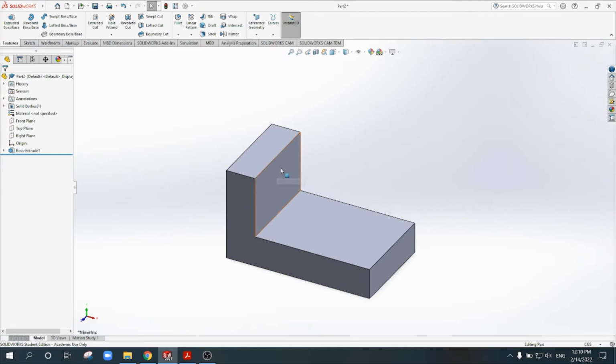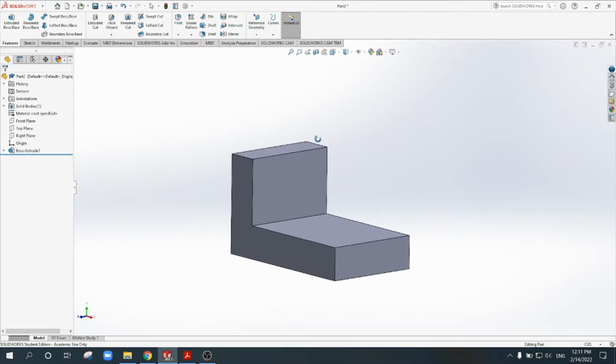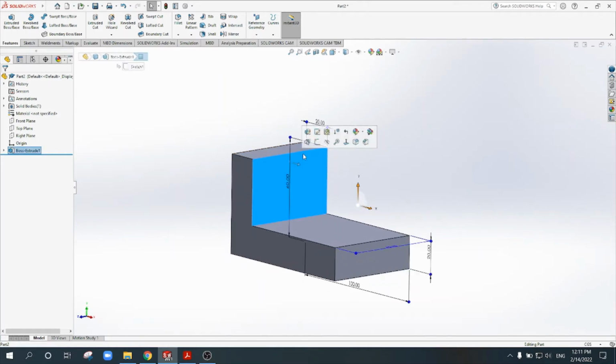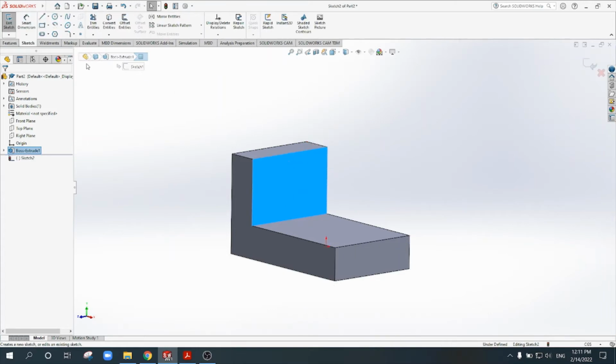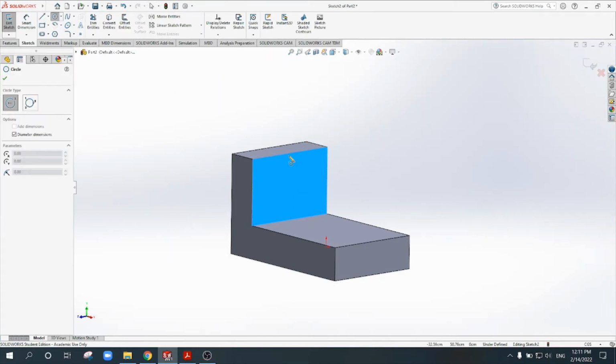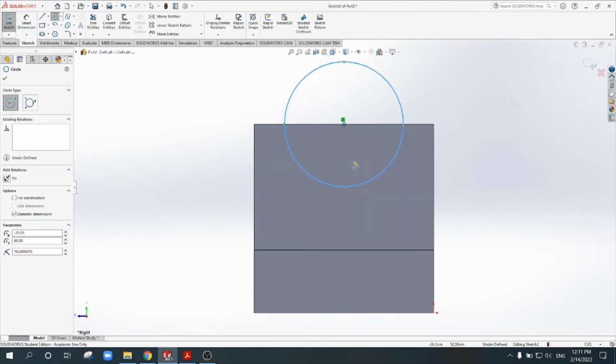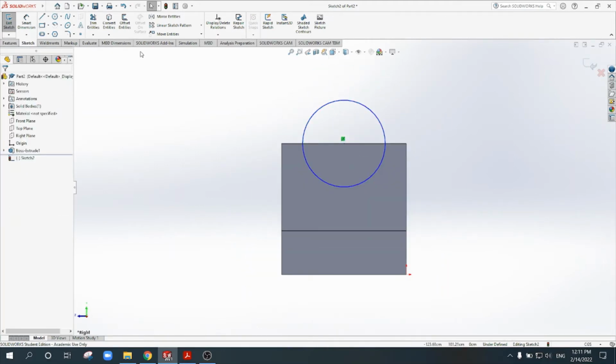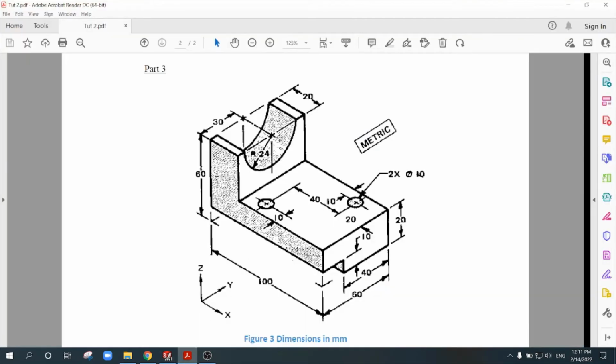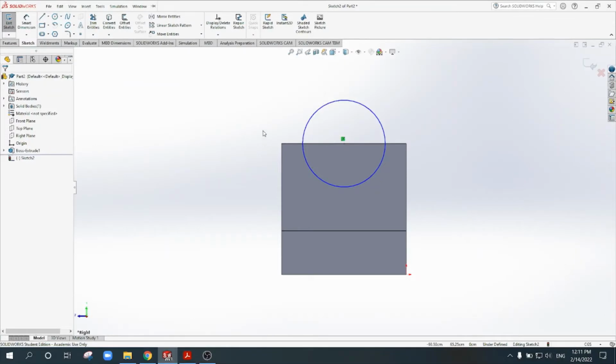Now we said that we can cut the circle, so I have to come to this plane, not that plane, the right plane, location of the circle, and then I'll select new sketch. I can create the circle directly in the center point of this line, or I can go to the right view to be normal to the circle for better view. Now, diameter of the circle is given to be, I have radius 24. So dimension of the circle